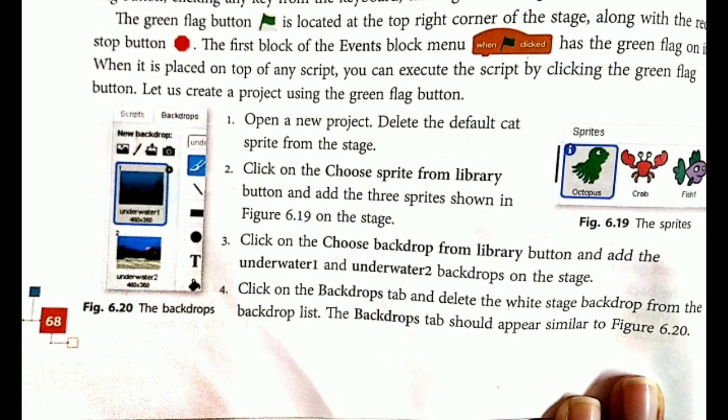Step number 3 is you have to choose 2 backdrops from the library, and that is what you see in figure 6.20. And the fourth step is that once you click on the backdrop tab, the first backdrop would be a white plain backdrop. You have to delete it from the list. And presently, your backdrop tab would look like figure 6.20.